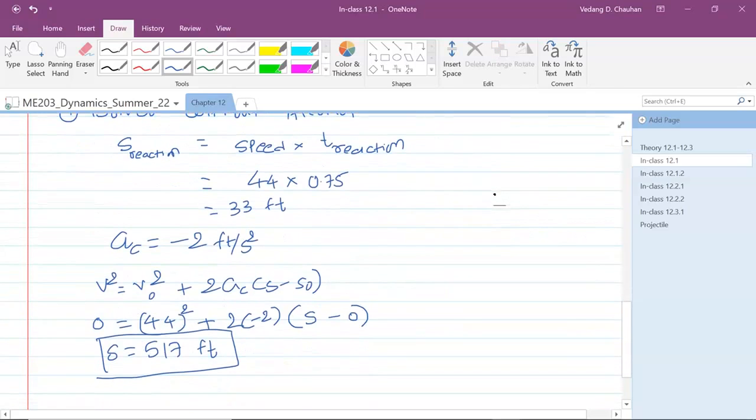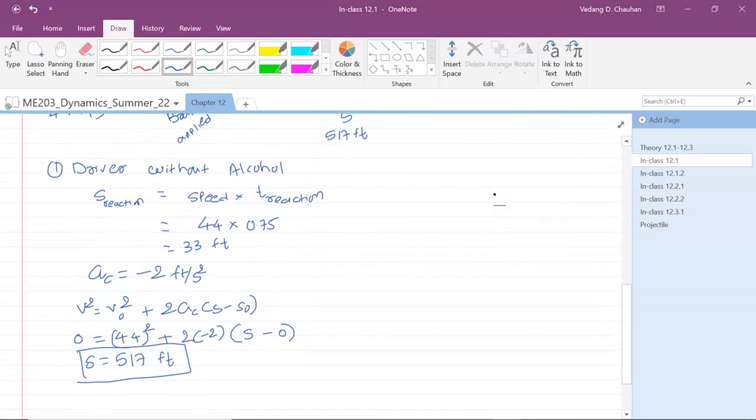Now, this is for the person without alcohol in his body. What we need to do next is exactly the same thing, but for the person with alcohol in his body. So what changes between these two cases is the distance traveled during the reaction phase. So for the driver with alcohol